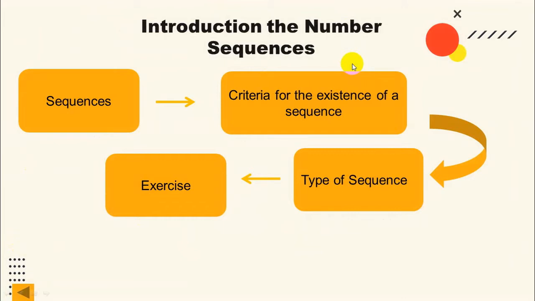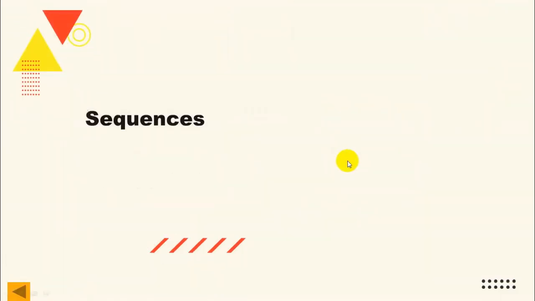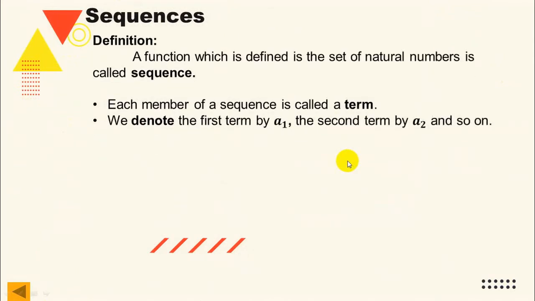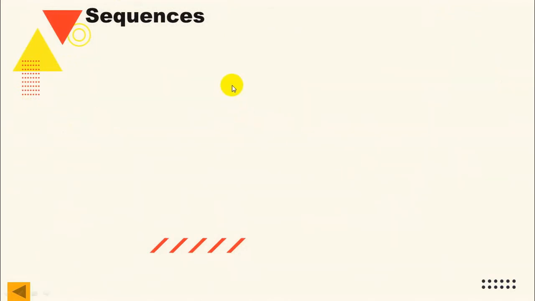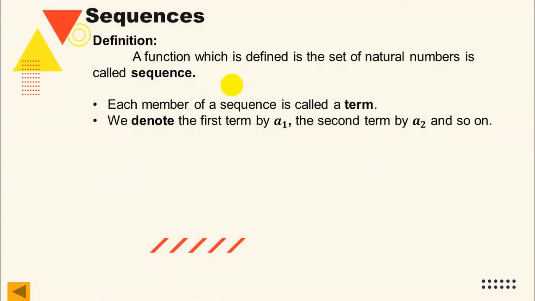Okay, in introduction to number sequence, we have divided it into three. The first is about sequences, the second is criteria for the existence of a sequence, and the last is about types of sequence, and then there will be exercises, everyone. So now let me explain what a sequence is. The definition of sequence is